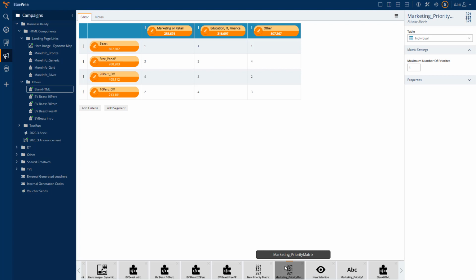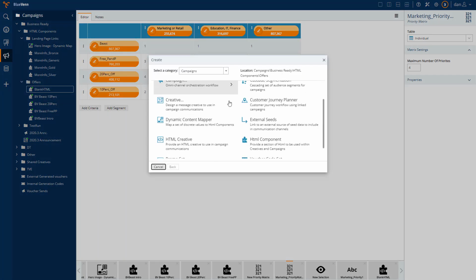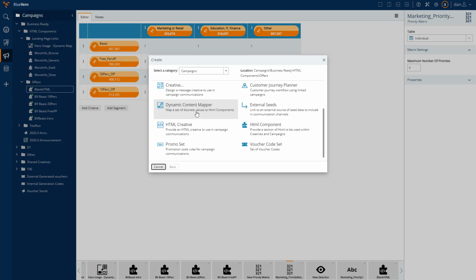So now we've built our priority, we have our offers available to map into those different scenarios. We now want to do the same again and build a dynamic content mapper. Now this time, instead of pulling a set of data from the ADS, we're going to load in our priority matrix. So we'll go to our campaign, we'll select new, we'll select a new dynamic content mapper,